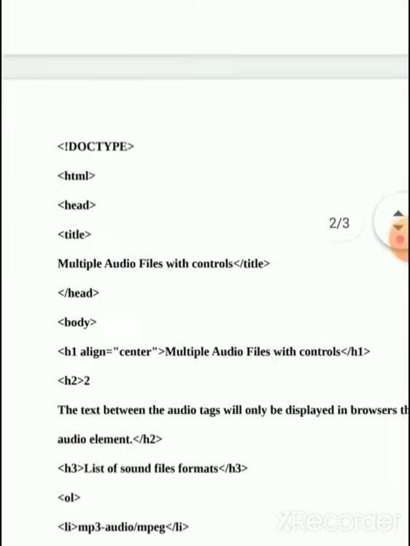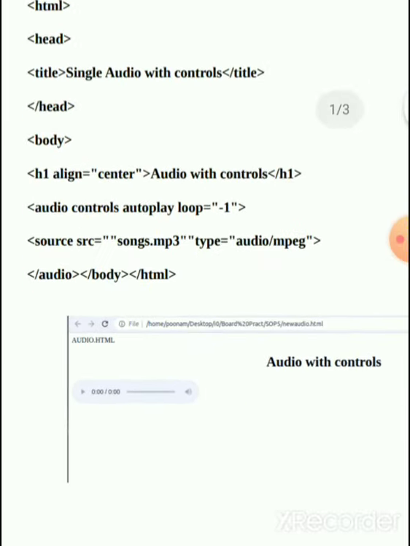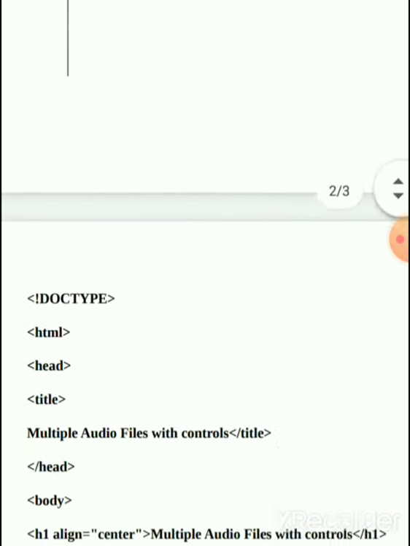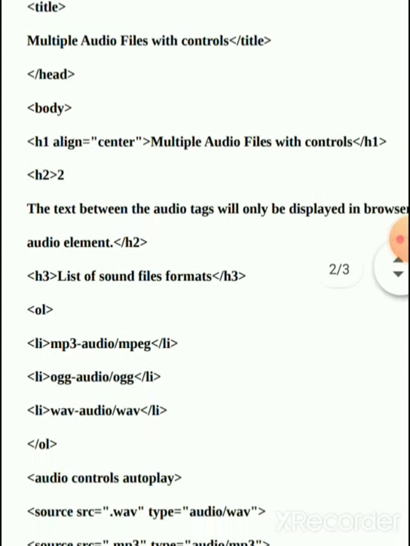In the above program we just played audio with controls in one single file format, that is an mp3 sound file. In the second program we are going to use multiple sound formats.